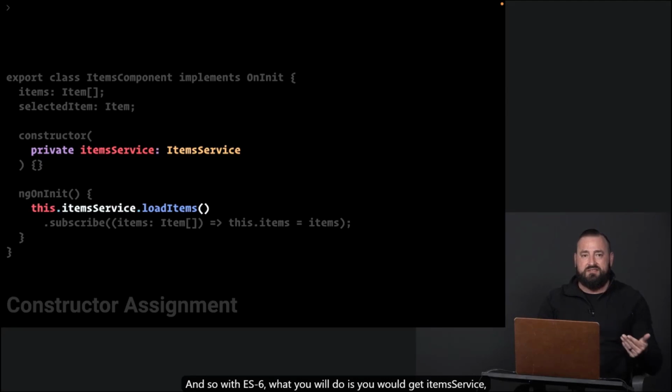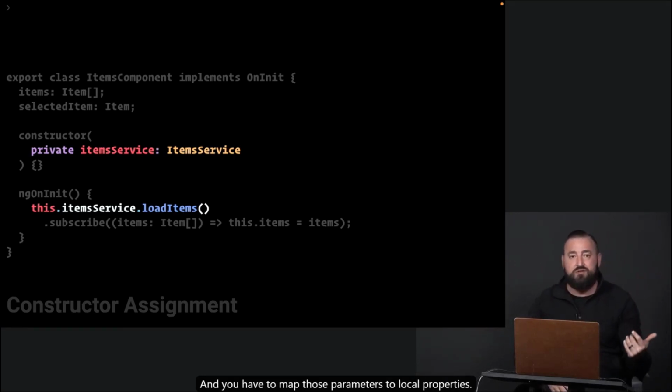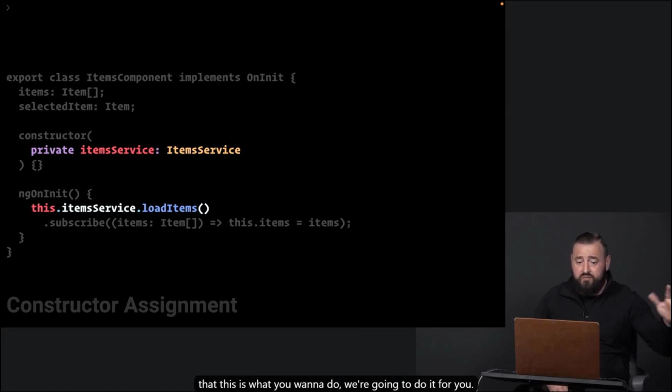And so with ES6, what you would do is you would get like item service, and you have to say this dot item service equals item service, and you have to map those parameters to local properties. TypeScript under the hood is just saying, I think we can assume that this is what you want to do. We're going to do it for you.